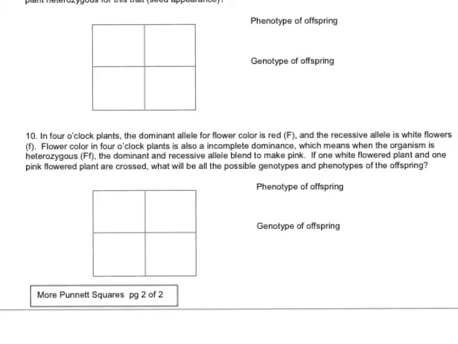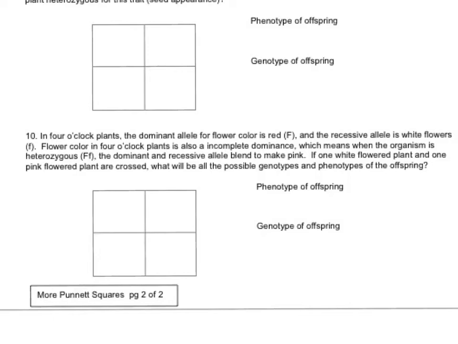All right, so this is the very last problem. Yay! Number 10. In four o'clock plants, the dominant allele for flower color is red, big F, and the recessive allele is white flowers, little f. Flower color in four o'clock plants is also